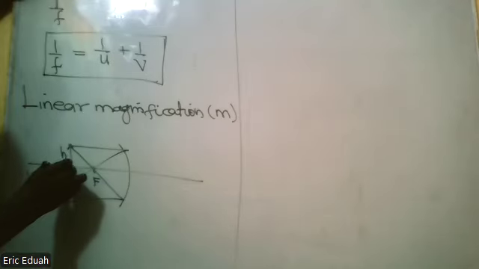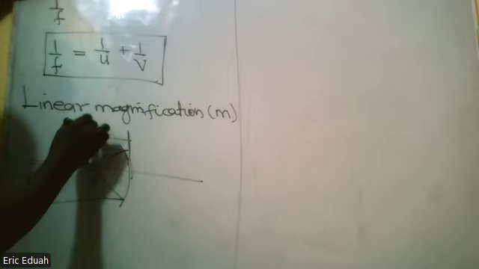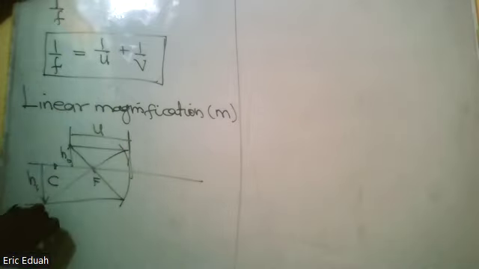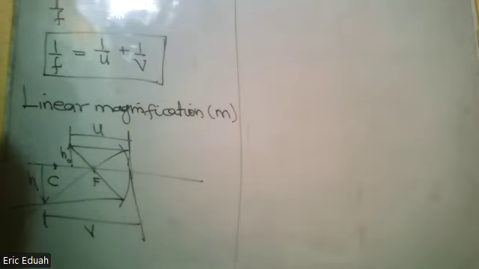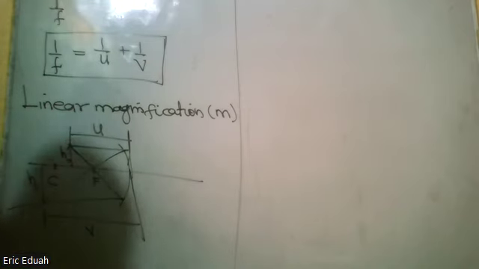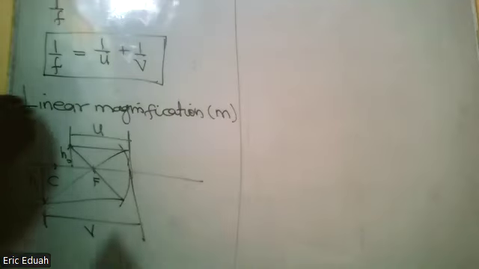We have this distance giving us object distance U, and then this distance giving us image distance V. So if we are to indicate whether the image is magnified or diminished, that is the whole essence of linear magnification. Now, before looking at linear magnification, let's look at what we call